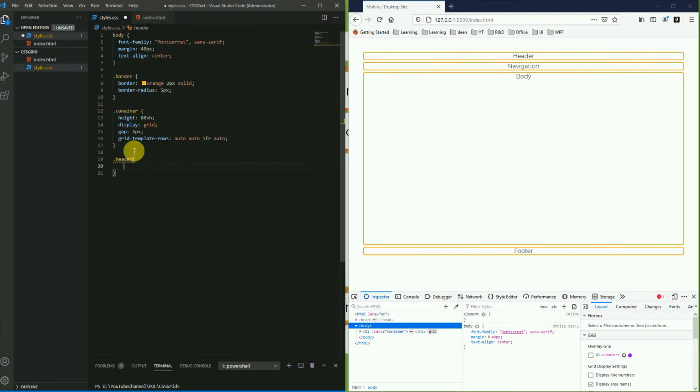So we are specifying the header and where it should be displayed. I'm going to say grid row, it should be displayed in the first row like this.